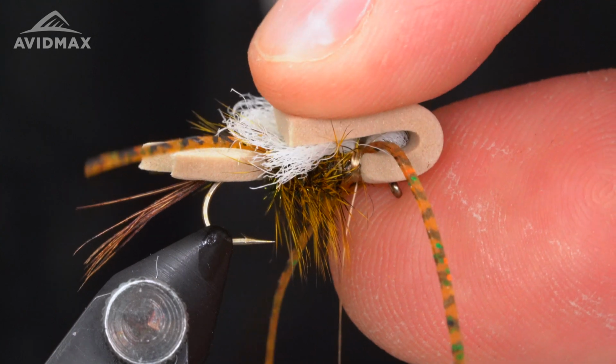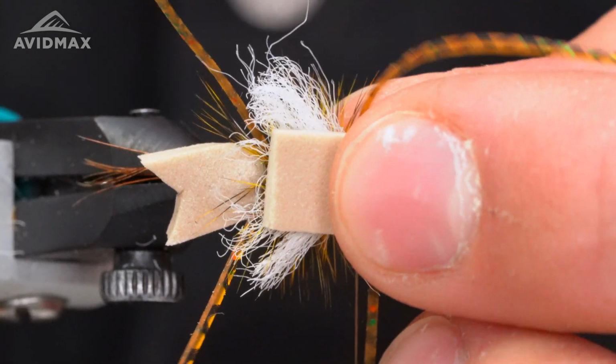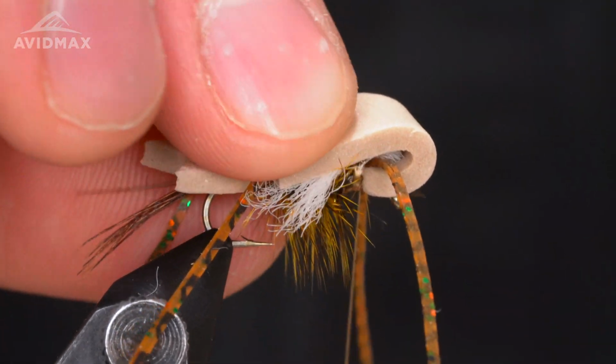You don't want to go too short like this, and you don't want to go way too long like that. You want to try to line those up pretty well. Something about that. So once you have that measurement, what you're going to do is fold that